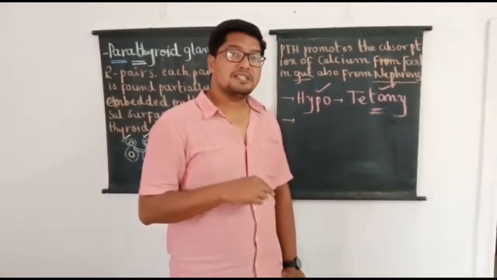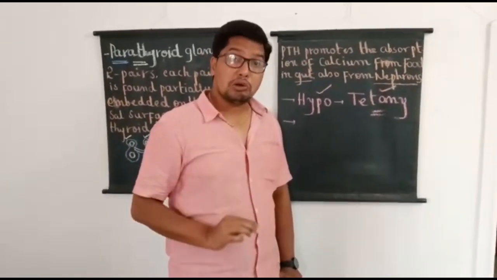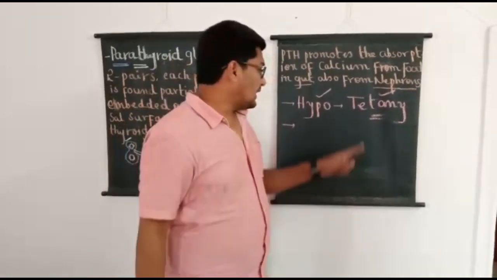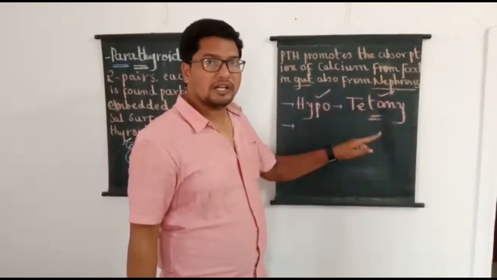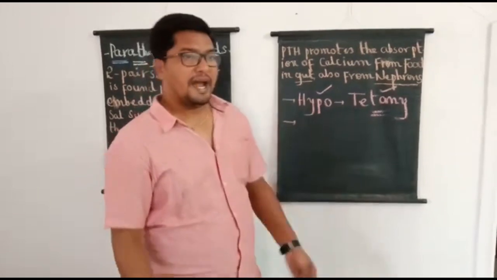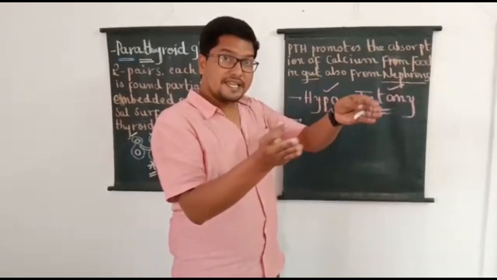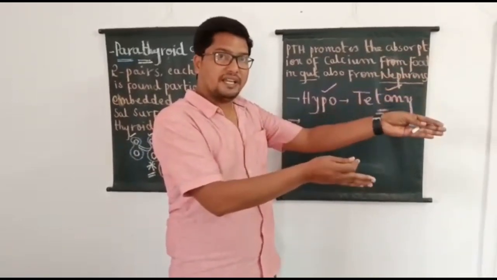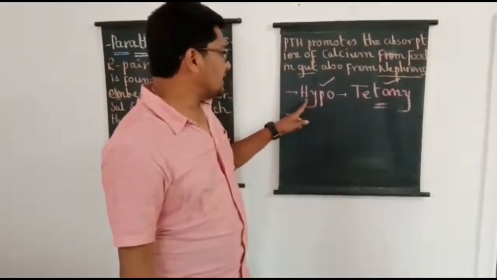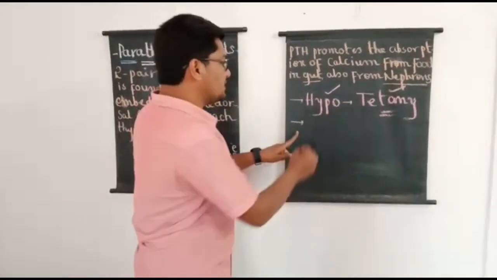Here students should concentrate and understand what is tetany. It is a condition of sustained muscle contraction, and as you know calcium ions are essential for muscle contraction, whenever calcium ions are available in the sarcoplasm, continuous muscle contraction occurs. So now what happened, tell me? PTH levels are decreased and in the muscles calcium availability has become more, because in the ECF of other tissues calcium level is decreased and in muscle sarcoplasm calcium level is increased. So muscles remain in the condition of sustained contraction, which is called tetany. And opposite to it,